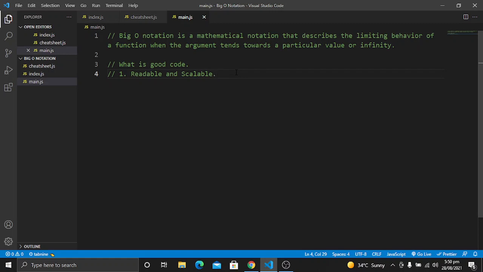So scalable means that if you write code and add a certain functionality, for example, if your database or your users in the initial state are 100, and you have written code for 100 users, but in the future these 100 users convert into thousands or hundreds of thousands, or we can say 1 million users, then how does your code behave, how does it react to that increase in numbers?